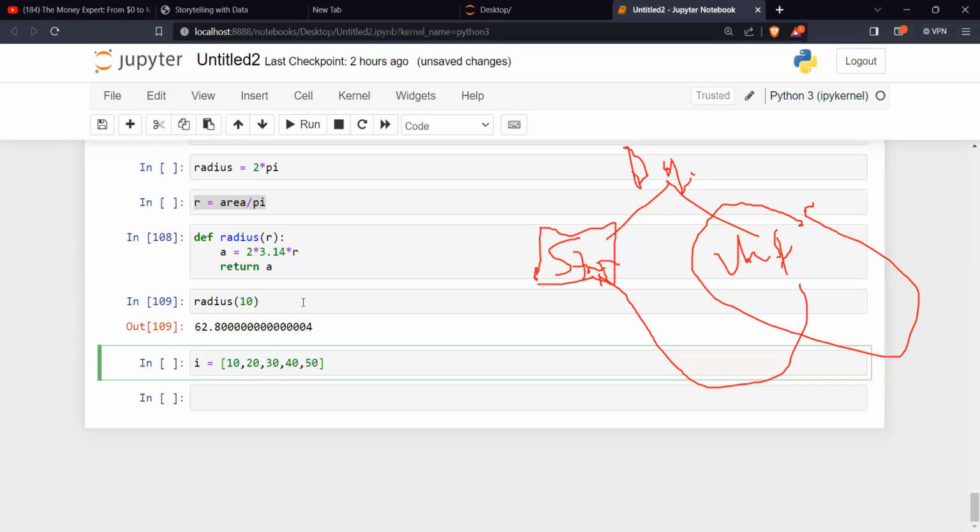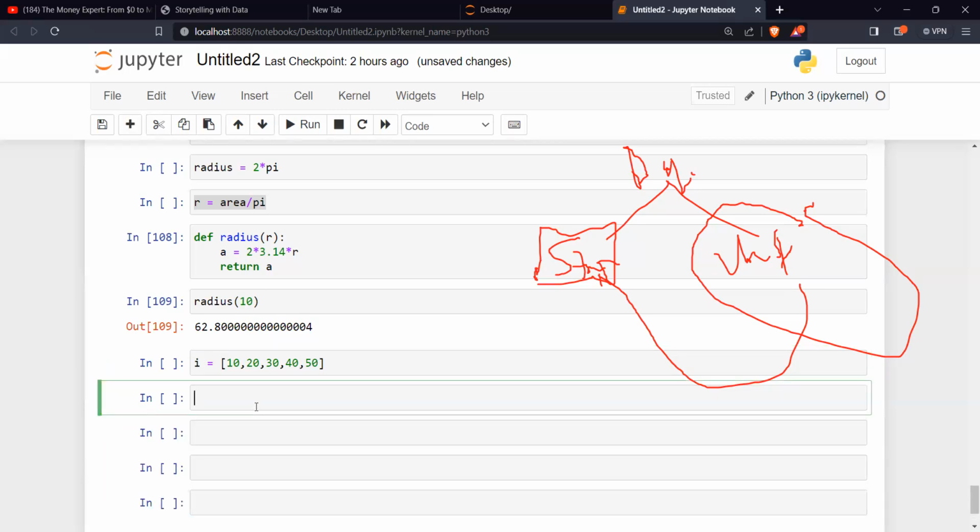Before, we were calculating one after the other. What if I want to see a different range of it? When it's 10, 20, 50, 60, show me the radius, or the area, whatever you want to calculate. Do you understand that?